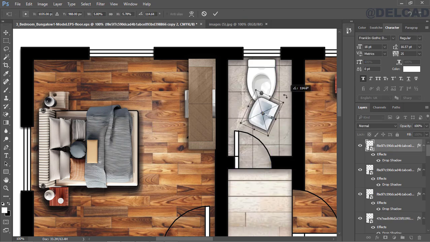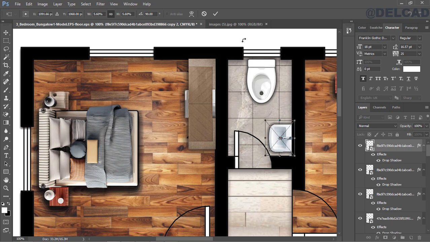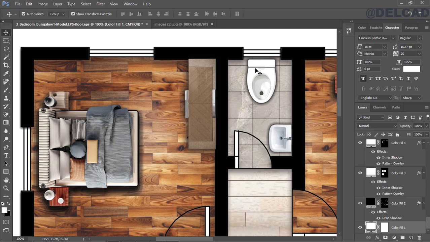We can then rotate this by 90 degrees, and then carefully we're going to scale this down again, so we can scale it down, and then carefully place this at this position. And I think this looks good. So now we're done with placing the toilet furnitures, and then we can go ahead again, make use of the